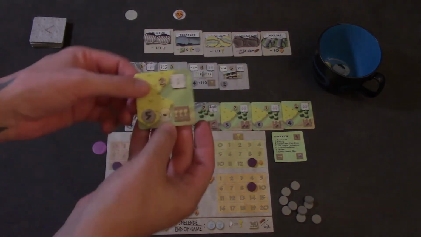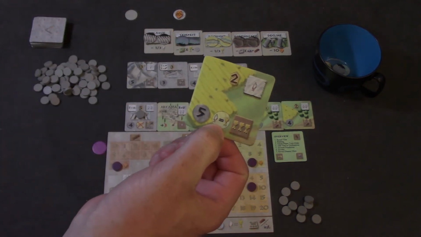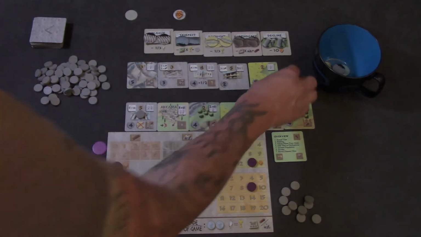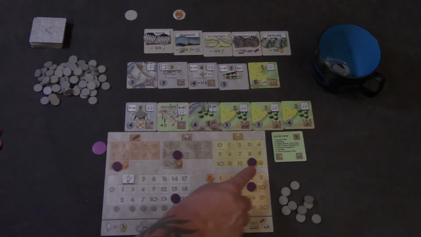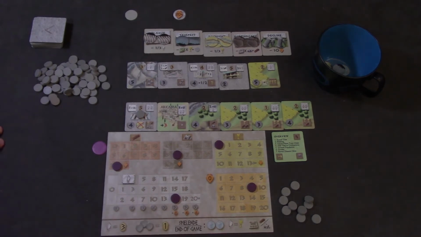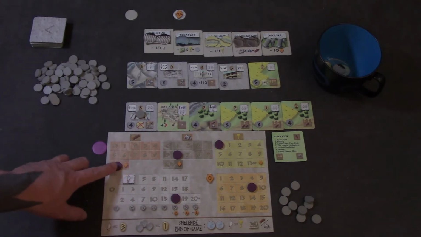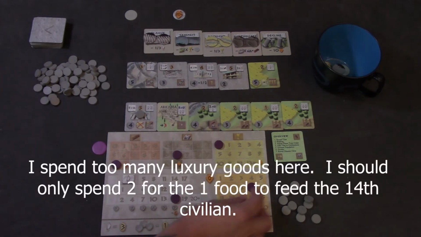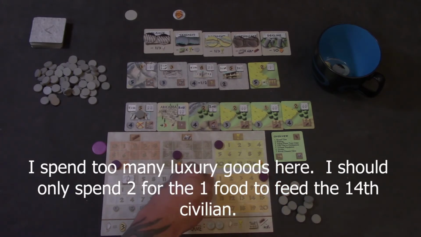Now, if you see here, that is the symbol for a feeding round. So I have 16 population, and I have 13 food. So I'm going to put me back to 0, and now I'm going to have to spend the rest in food to feed those people. Or I can just knock this back down to 13. But I'm producing so much wood that I'm going to get that right back. Yeah, let's take this down 1, 2. So I fed